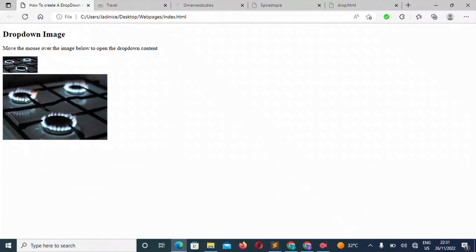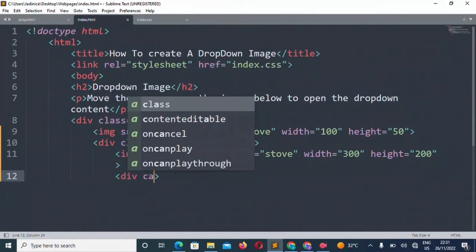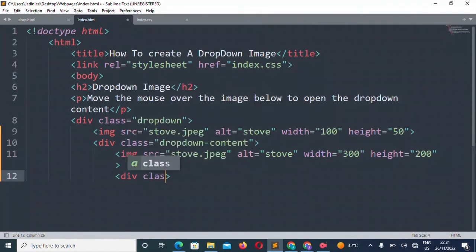Now to make this drop down functional, we are going to use the style, the CSS to style it. But before we start, we are going to create the div for description. That is description, and we say stove for cooking.